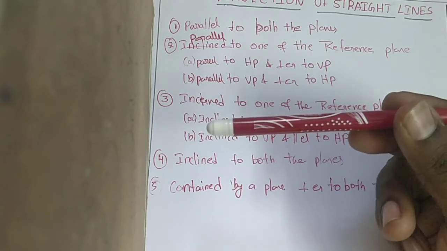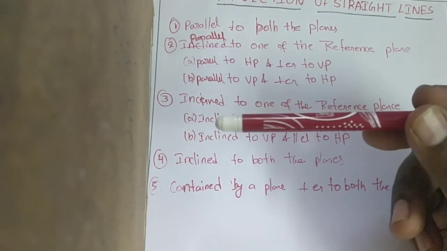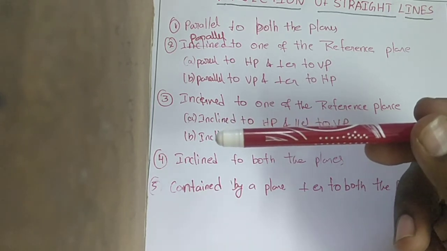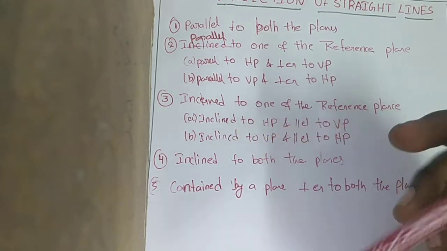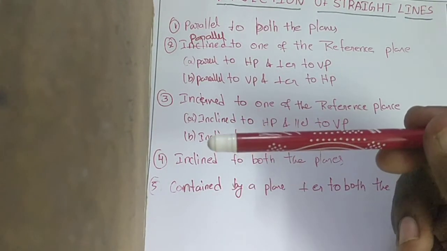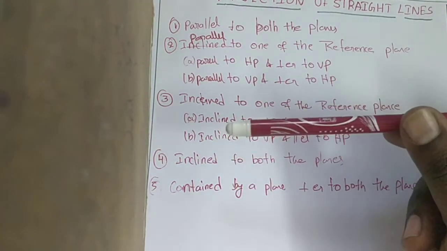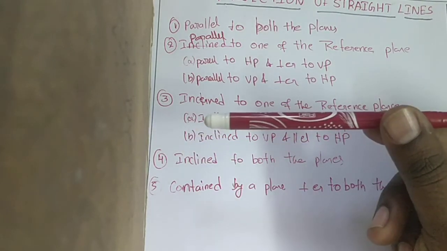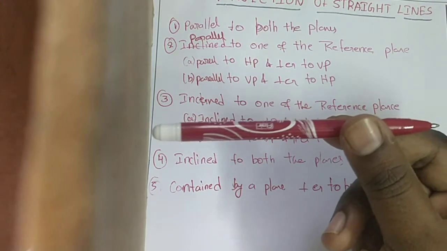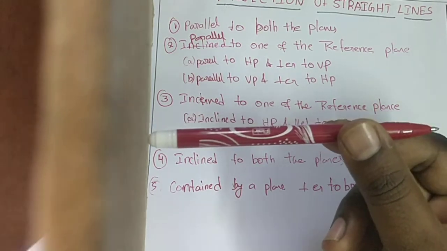What happened in top view? Top view means if you view from the top side of the object, this projection falls on the horizontal plane. It is the horizontal plane, it is the vertical plane, so that it is parallel to HP. Suppose you view from this side, what happened? This view falls on the vertical plane, and on the vertical plane we will get one point.